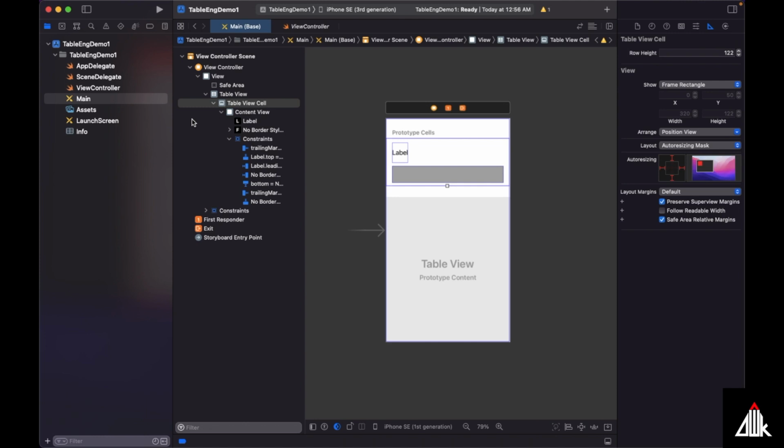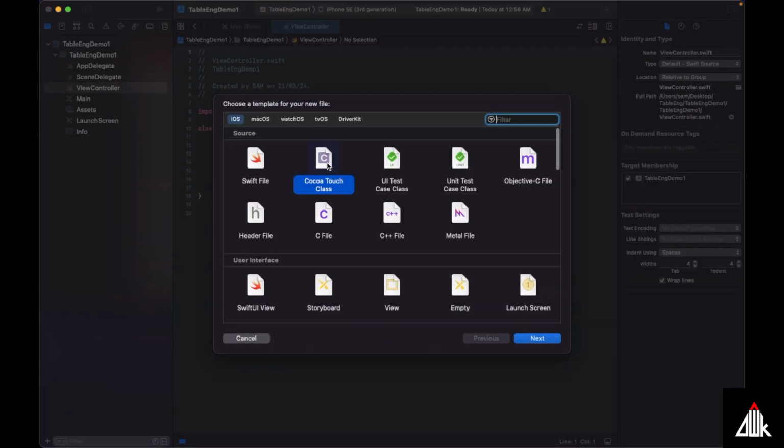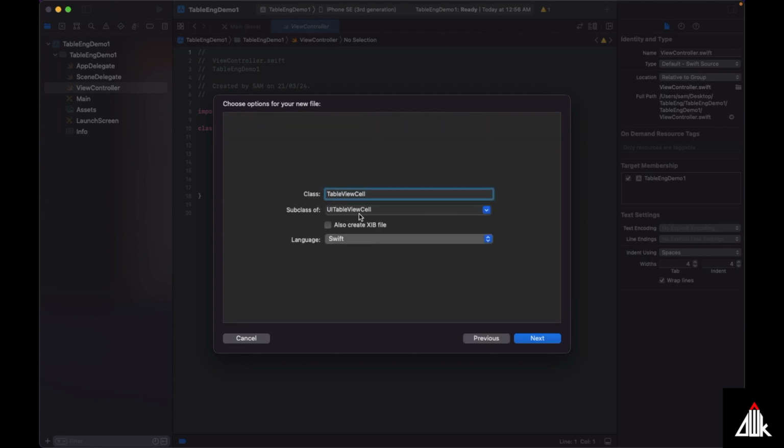Okay, so whenever a cell is being created, at that moment we should definitely create a cell class. For that we need to go to this particular iOS Cocoa Touch class, and over here, custom class. Okay, so custom class is created. Next,